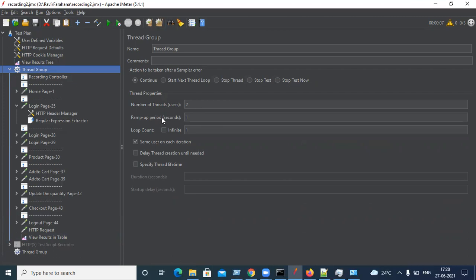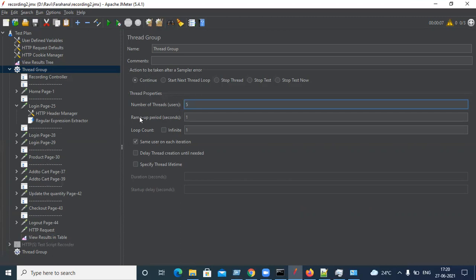Could you please repeat, Ravi? See, we have 2 users, or let's take 5 users here. So how do the 5 users want to run? I mean, all at the same time, or one by one, or like after two, after one. There could be some pattern, right? How they will start. That pattern will be decided by the ramp up. Okay. So ramp up is nothing but user to user gap.